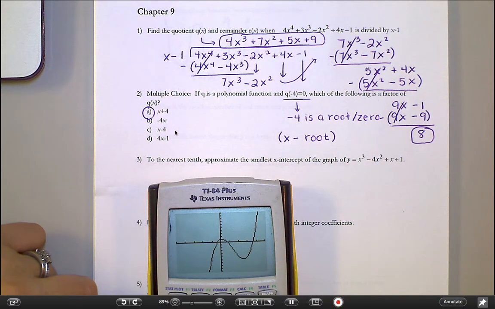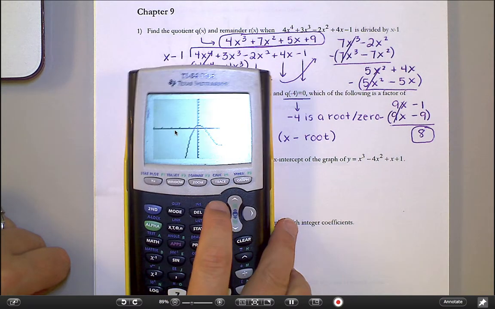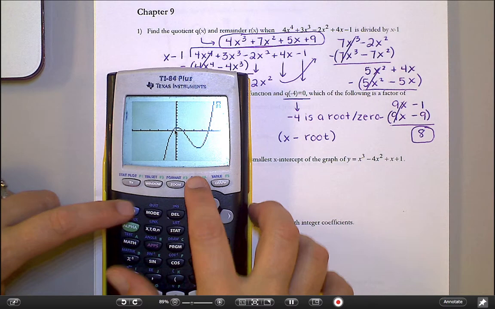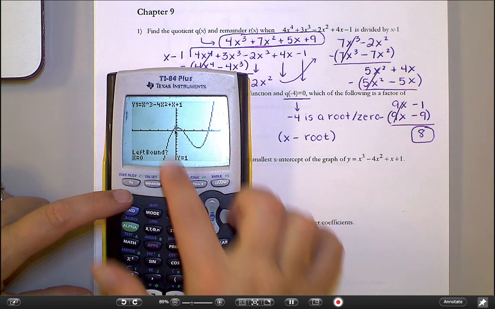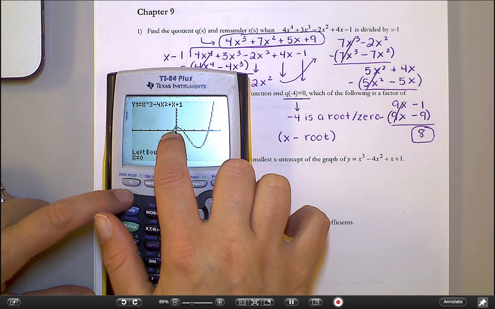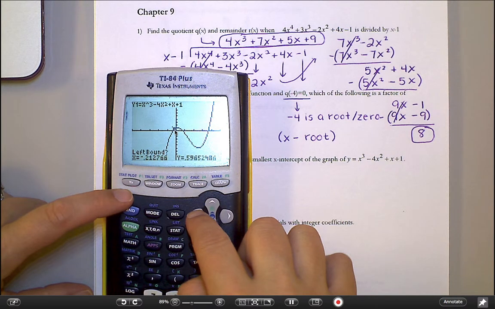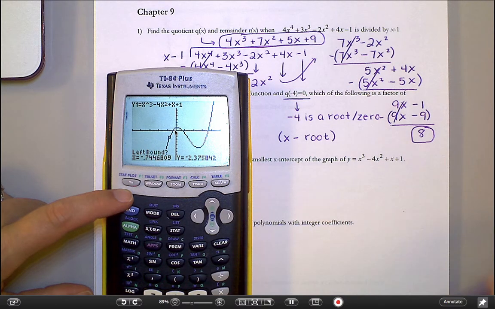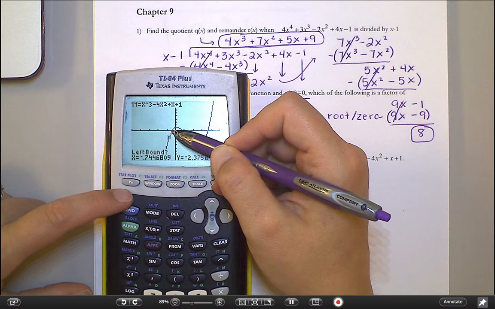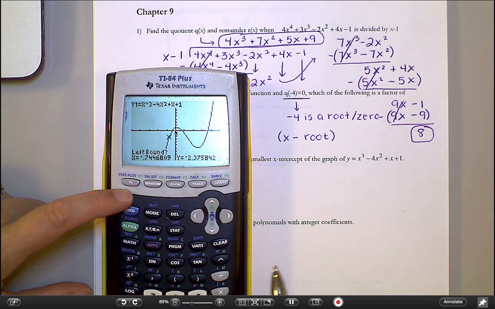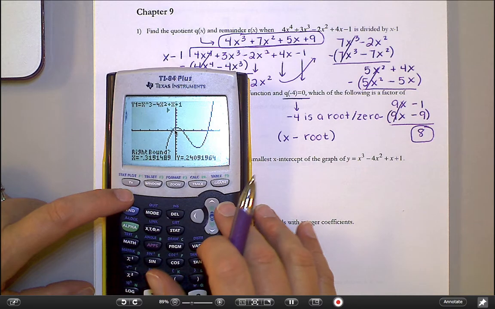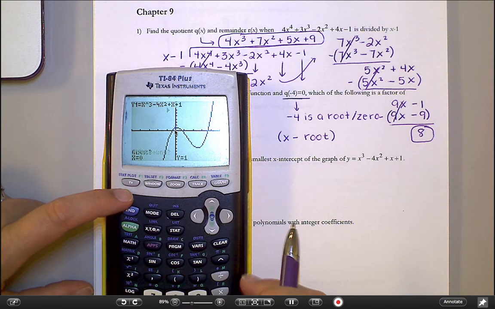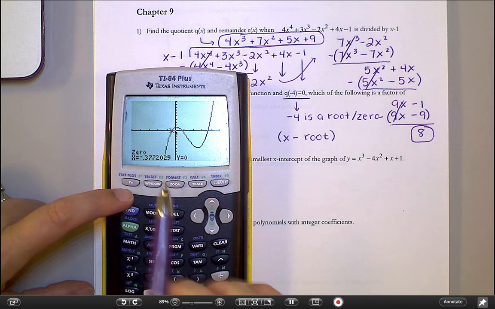What I'm going to do is use the calc menu, and I'm going to go to calc 0. Okay, now it's asking me for left bound. Keep in mind that I'm looking for this 0 here, so I need to move my cursor somewhere to the left of that 0. This is what I'm trying to find. So I'm somewhere to the left, doesn't matter how far. Hit enter. Right bound, so I want to move back to the right until I'm somewhere past that point. Enter, and then hit enter one more time, and it tells me that that is at